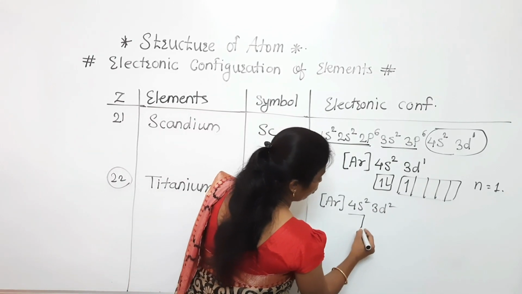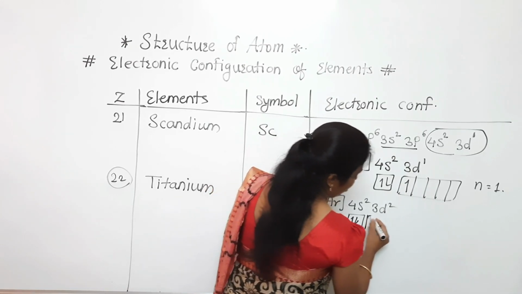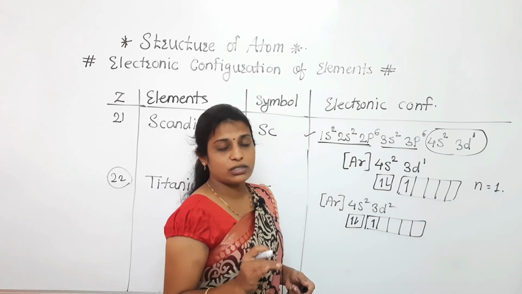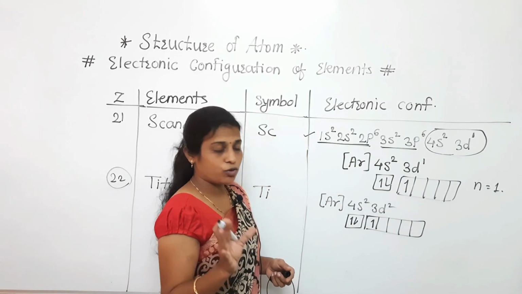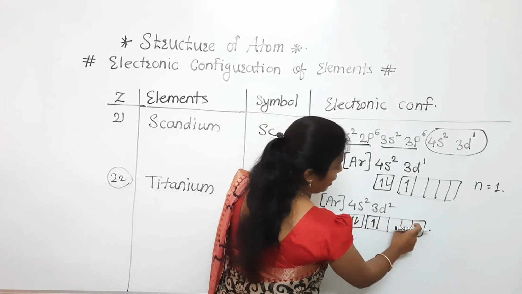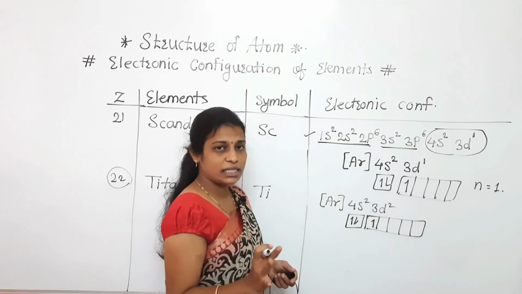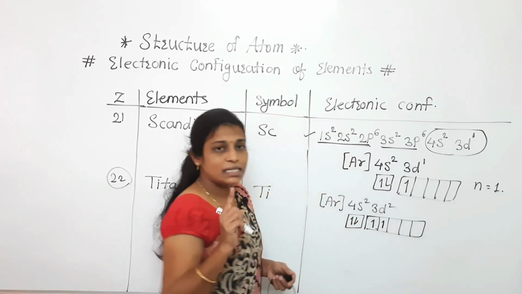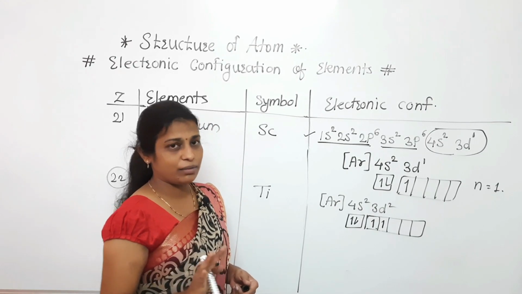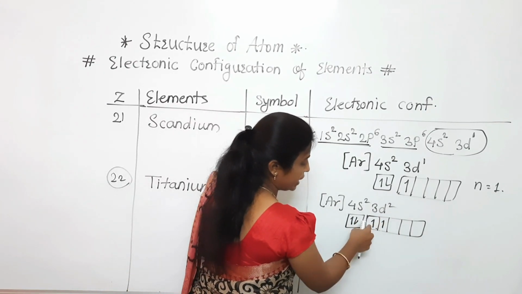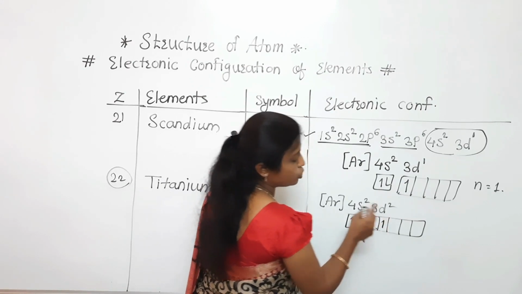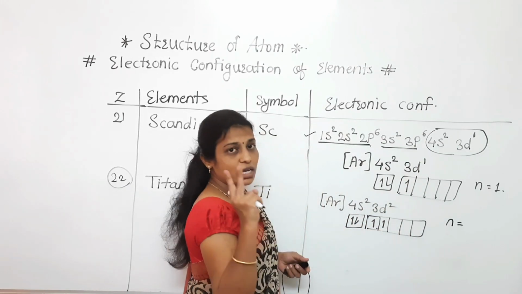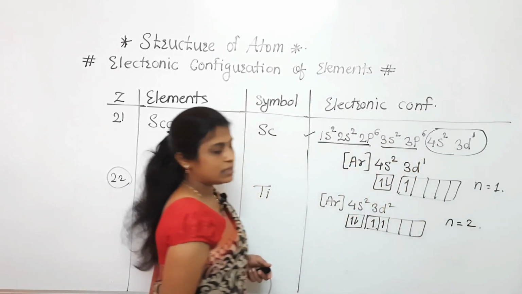So in this way for 4s we draw 1 box with 2 electrons, and 5 boxes, 1 2 3 4 5, with 2 electrons. Now see, according to Pauli's exclusion principle as well as Hund's rule, we have to follow this. If there are orbitals which are degenerate, meaning they have the same energy, then electrons should be filled in each orbital singly, and only after that can we start the pairing. So the second electron will not enter the first orbital, it will go to the next one. Clear? Now see here, how many unpaired electrons are there? 2 are there. So we write here n is equal to 2.